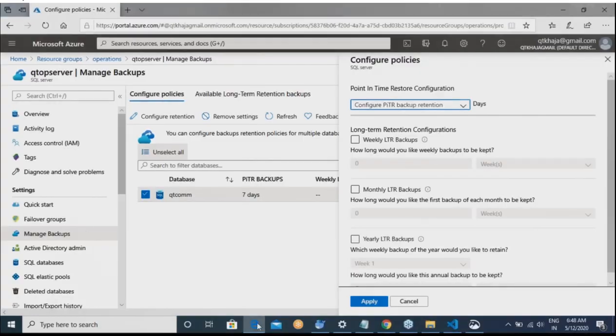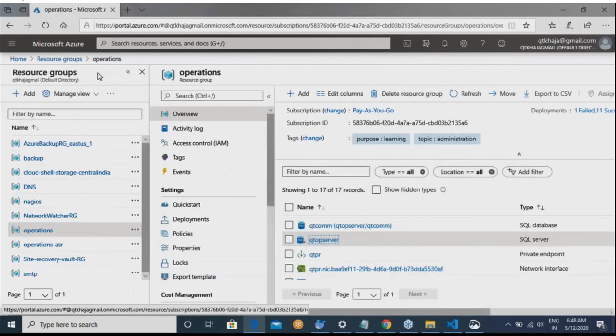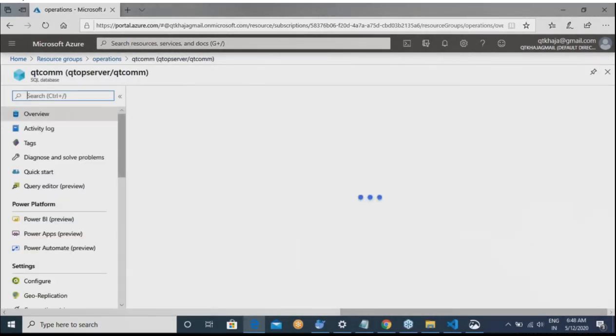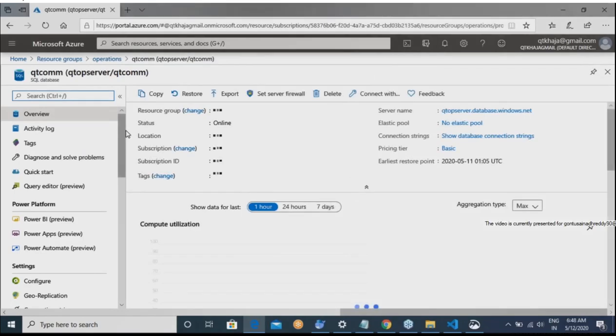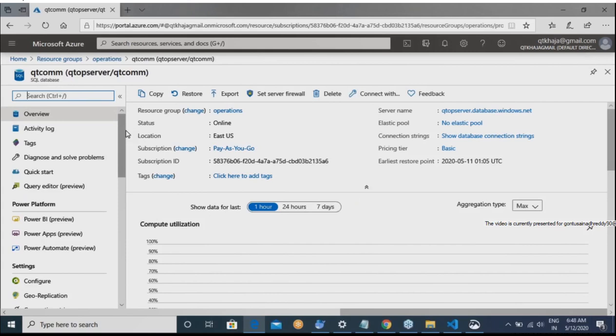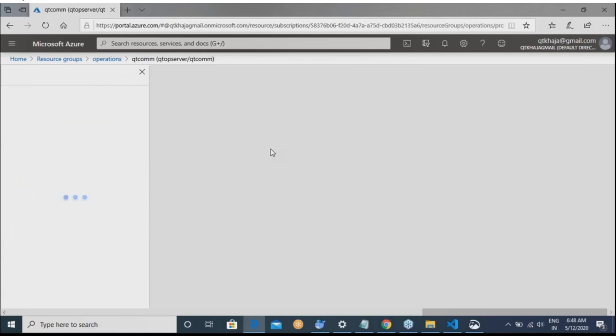So how? Let us look into it. Let me get into the database. Whenever you're working on Azure SQL, please be very careful. There are certain things which are present on the database, and there are certain things which are present on the server. So right now, if you want to restore your backups,